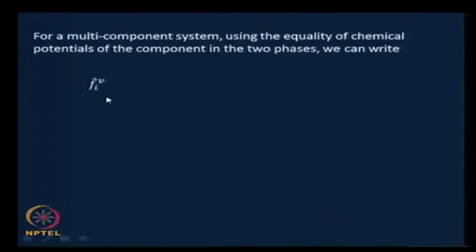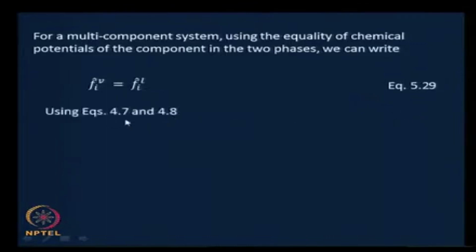From mu I v equals mu I L for a multi component system, that is the chemical potential of the species I in the vapor phase must equal the chemical potential of the species I in the liquid phase, and if we expand it as mu naught plus RT ln F I v hat, that is how we write the chemical potential in relation to fugacity in the case of a multi component system. Therefore F I v hat equals F I L hat is what follows from mu I v equals mu I L. We will call this equation 5.29,